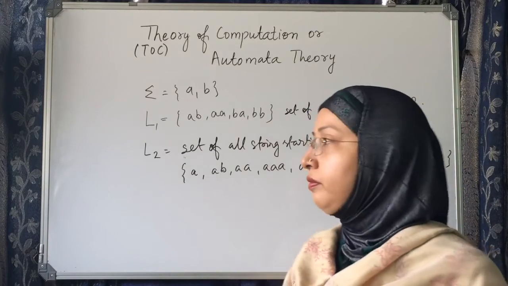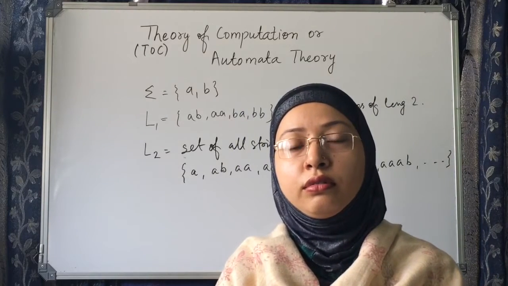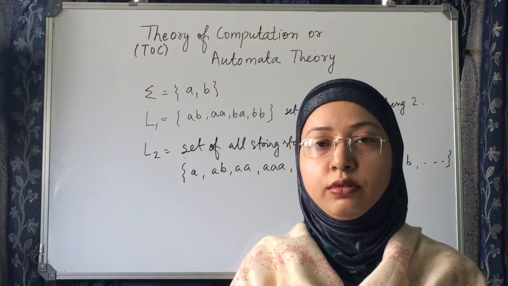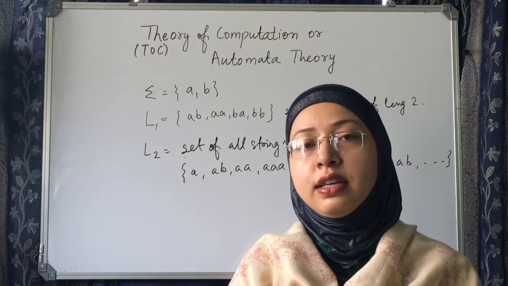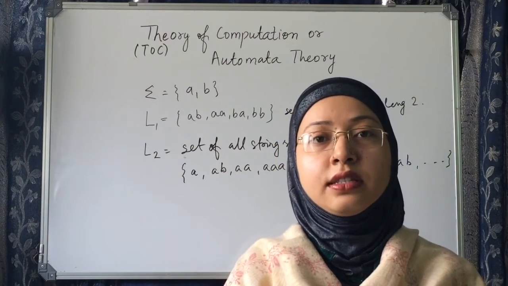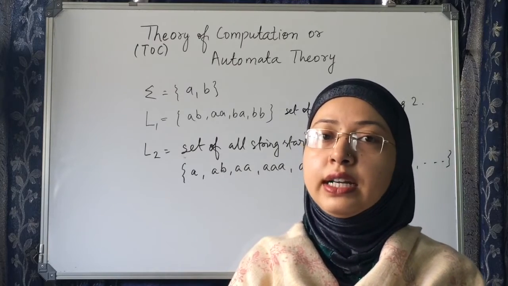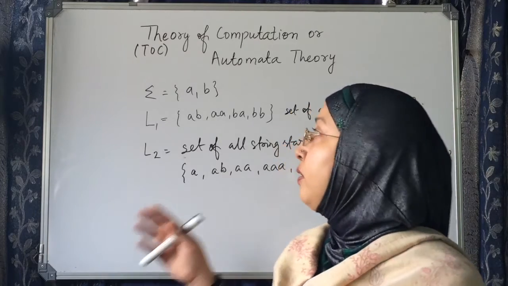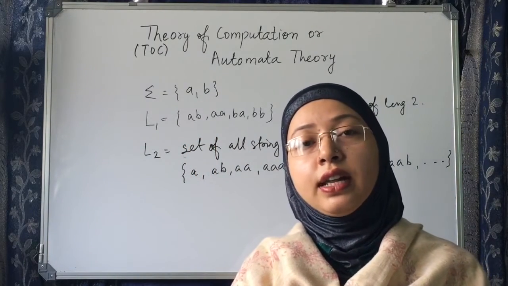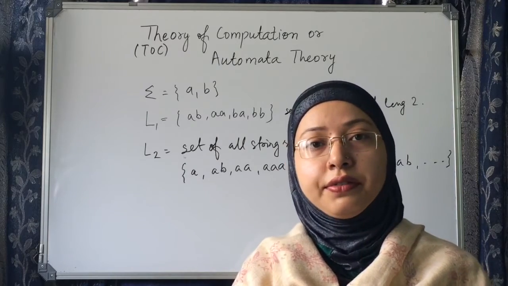In automata, we have to show finite languages as well as infinite languages. We'll see after that how we can represent these things. First, note down that there can be a finite language or an infinite language. A finite language is one in which you can count how many strings are possible, and an infinite language is one where we cannot count how many strings are possible in your language.